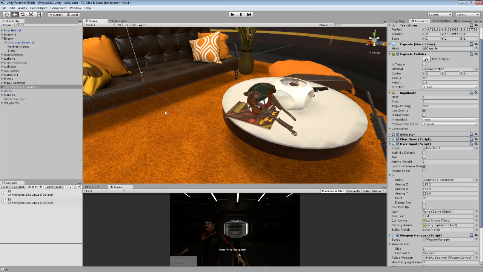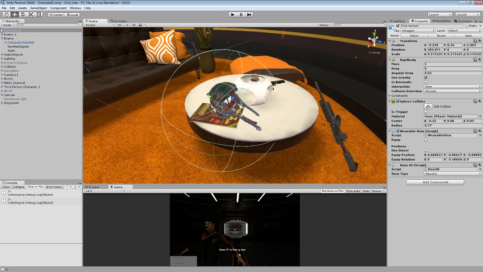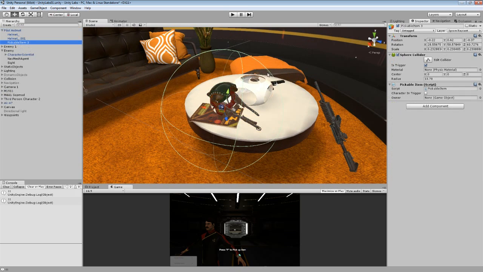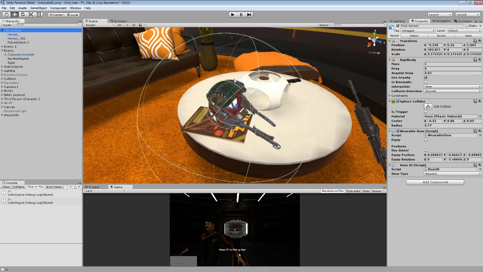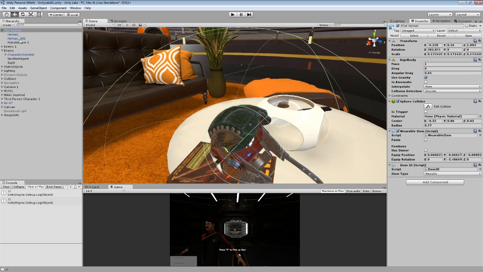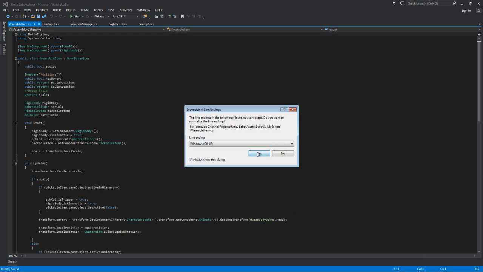Now, as you remember, the same as the weapons, this item must have a pickable item script in here. It's exactly the same we wrote in the previous video, but instead of having weapon control, I've added a new script which is the wearable. I called it wearable item, and the item ID, change it to wearable. I'm opening up the wearable,